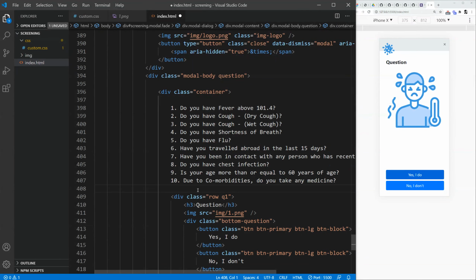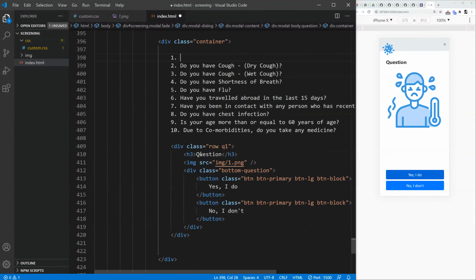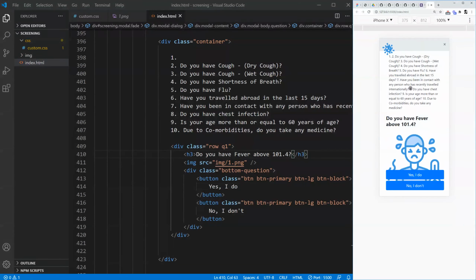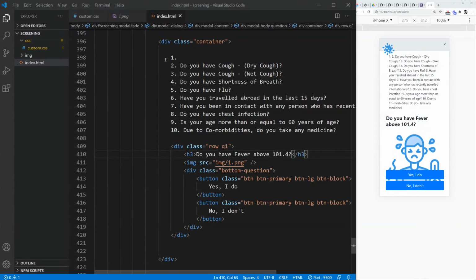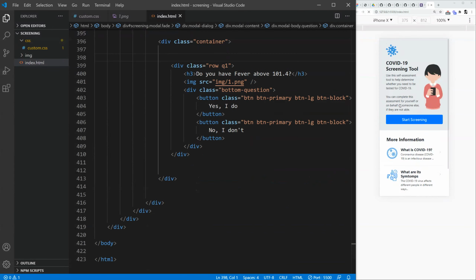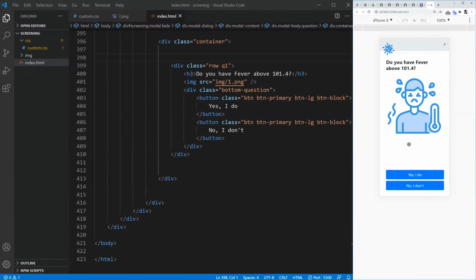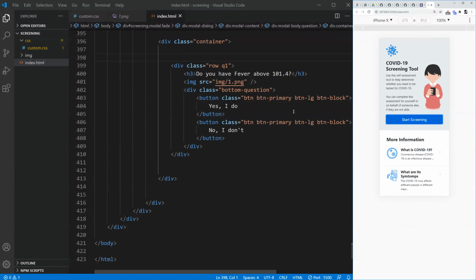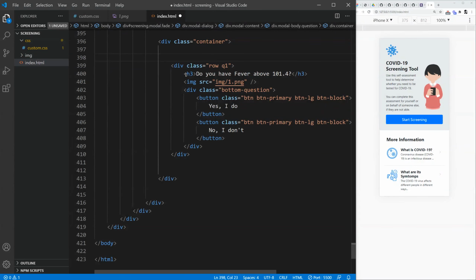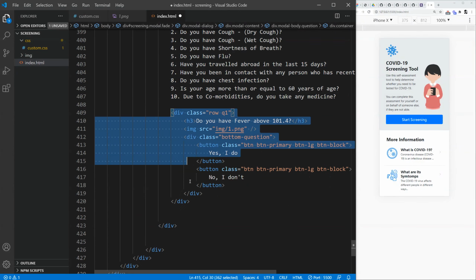We'll copy paste the questions over here for our reference. Then we'll replace this Q, and okay, this is fine. We'll replace the H3. We had the question over there, so we'll replace that. We're going to see over here that it is replaced. If I replace this and click this, you can see it's more or less like the one I showed you earlier. Now for Q2, do the same